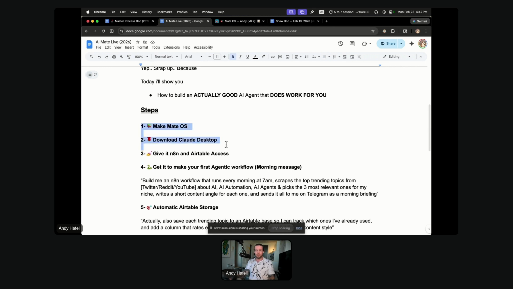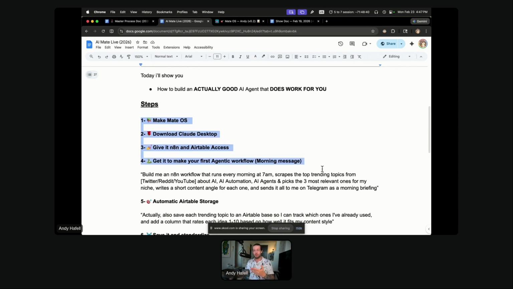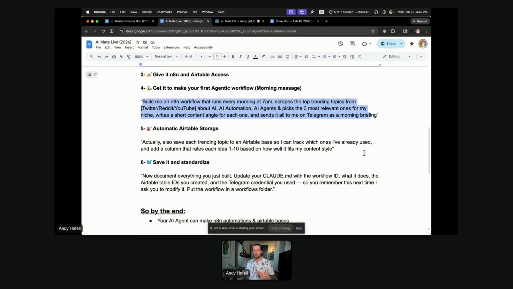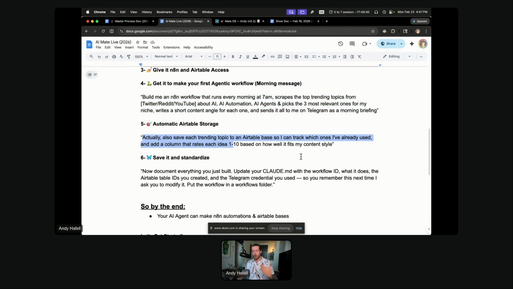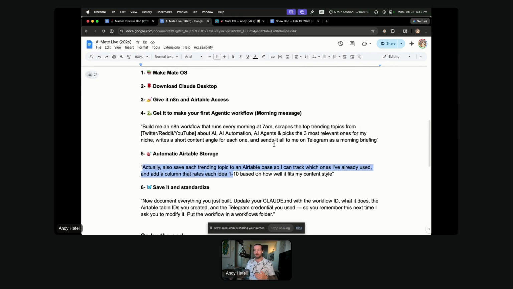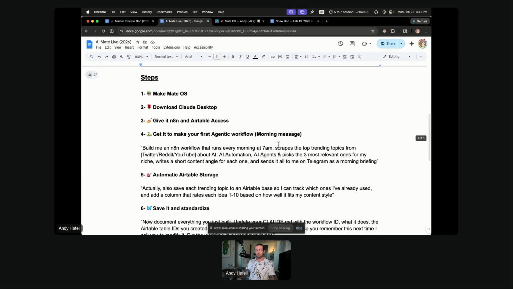So basically, here are all the steps. And if you just follow all these steps, you take this prompt here and copy and paste it. I'll show you where to paste it. Here as well, I have some copy and paste prompts for you. So if you just follow this step by step, you should be able to get to a point where you can message it, it can build a workflow for you, and it can automate Airtable and move across and say, hey, what's in progress and stuff like that.